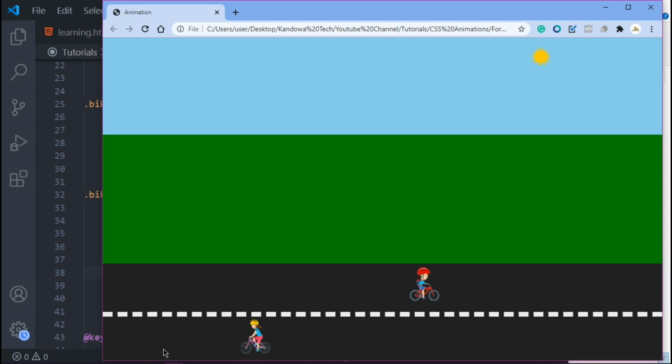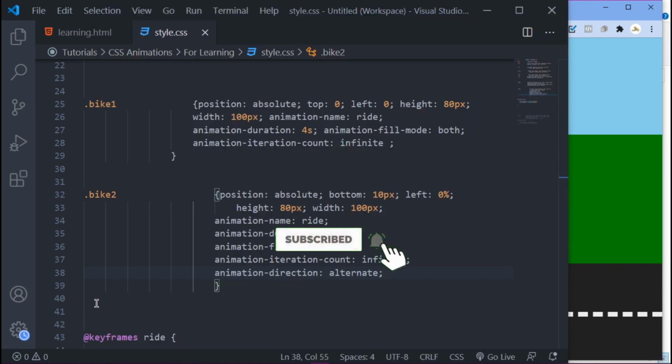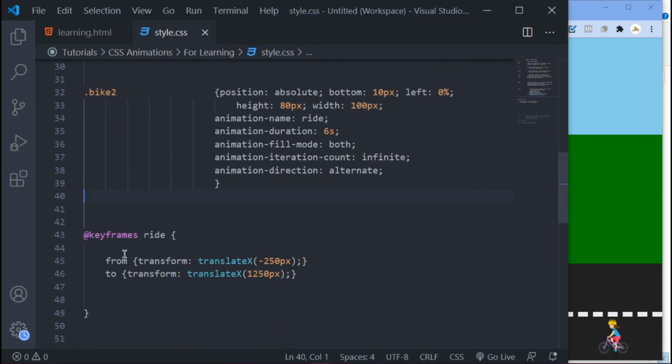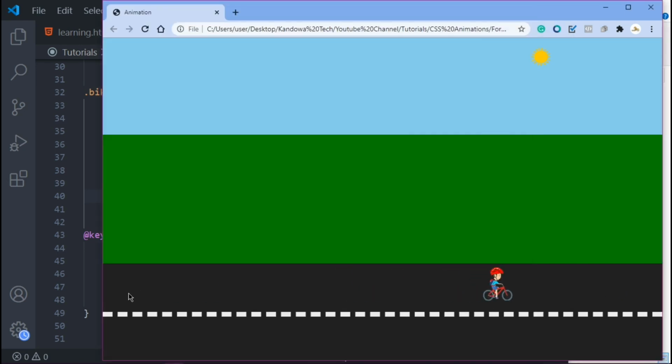You can see it's going from here until there, and then it should come back. Just hold on. As you see, it's coming back. It's just going forwards and then backwards, which is from 250 pixels to 1250. So it's coming forwards and then backwards.